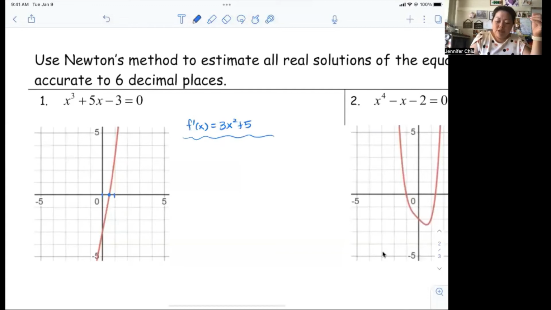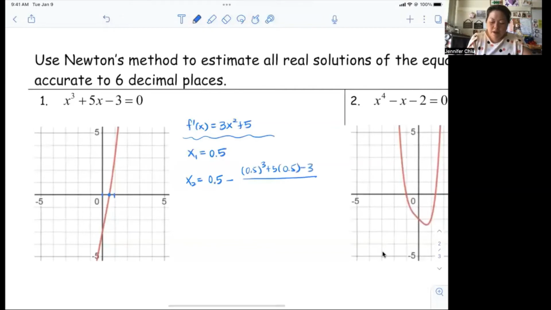Second thing I'm going to establish is that my first guess is going to be 0.5. So x sub 1 is 0.5. Put it into the calculator. You actually have to use a calculator for this because the decimals get bigger and bigger and bigger. All right, so to get x2, simply take x1 minus f of x1, so 0.5 cubed plus 5 times 0.5 minus 3, all over